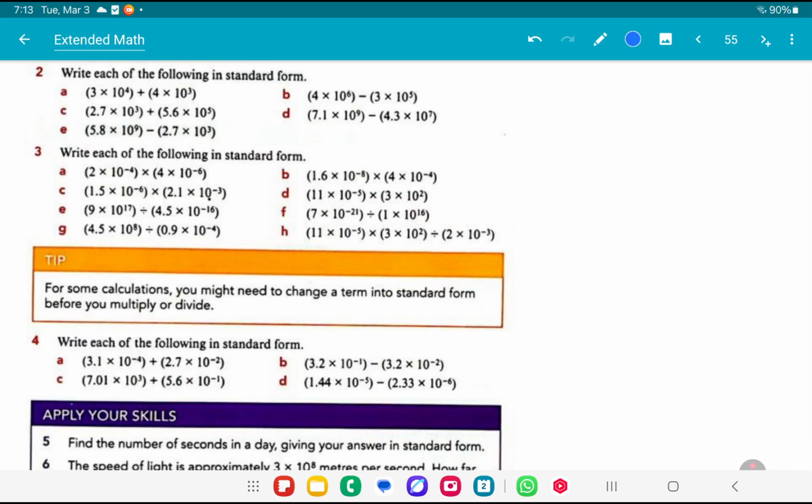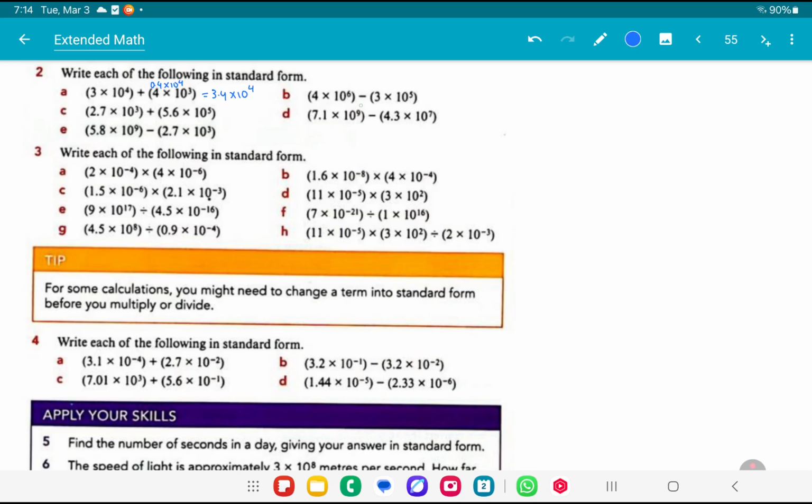Write each of the following in standard form. We got 3 times 10 to the power of 4 plus 4 times 10 raised to the power of 3. Because 4 is bigger than 3, we change the answer. We get 0.4 times 10 raised to the power of 4. So 3 plus 0.4 equal to 3.4 times 10 raised to the power of 4. For question B,